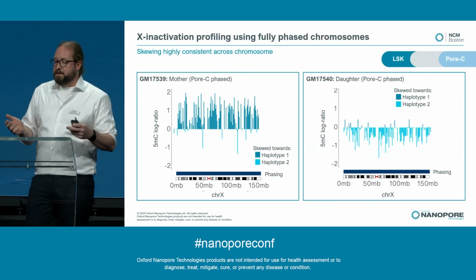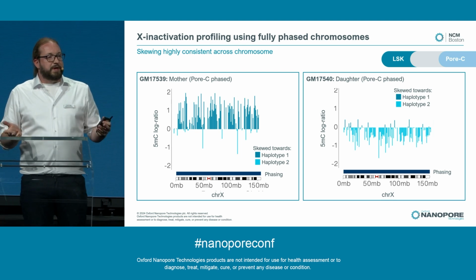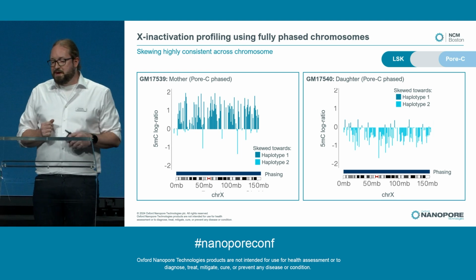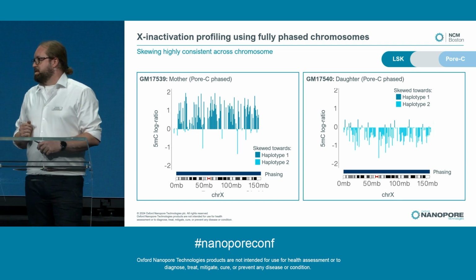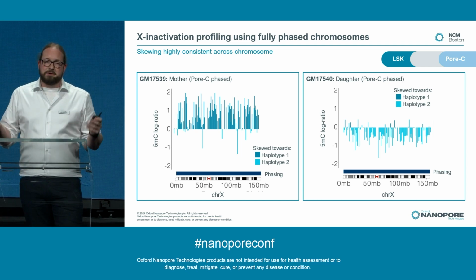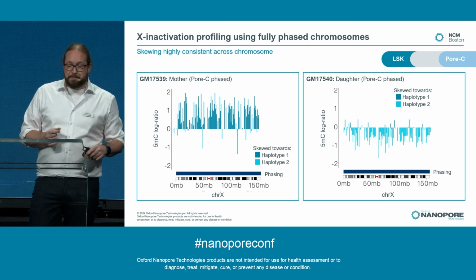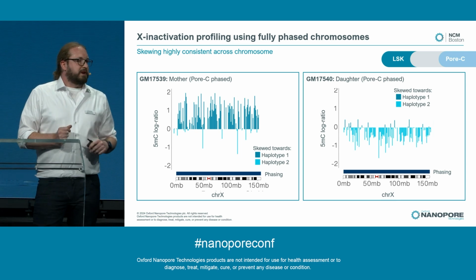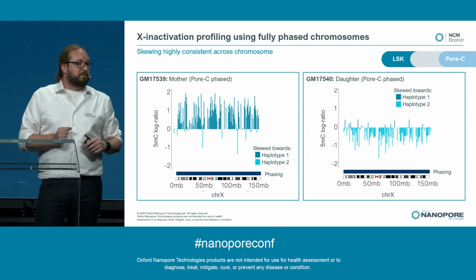And now it's looking more like you would expect it, so the skewing is consistent. It's always towards one haplotype. But then there are these tiny outliers here. And you could think, well, it's artifacts, it's errors, or something like that. And some of them might be, but some of them actually indicate another disease-relevant mechanism that is part of X